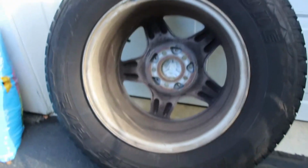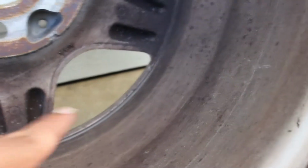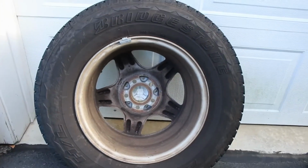I'm going to try the snap again, see if we can get it again. I don't know if luck is a two-time thing with these snaps, but it's worth a shot, right? So here is the wheel before. As we can see, it's all dirty and grimy. These wheels are silver, by the way. I know they look like they're brown, but they are not. And there is a decent amount of color change and whatnot. But regardless, the goal is to get them from looking like this to looking like